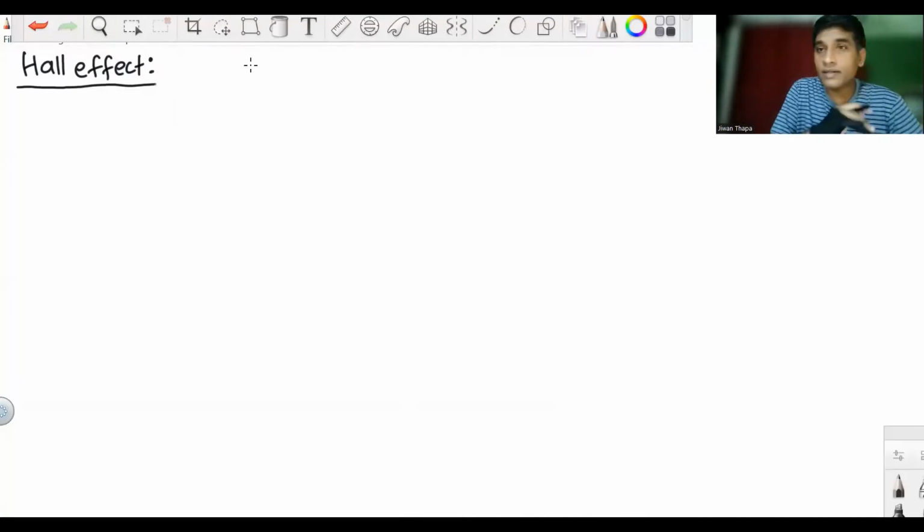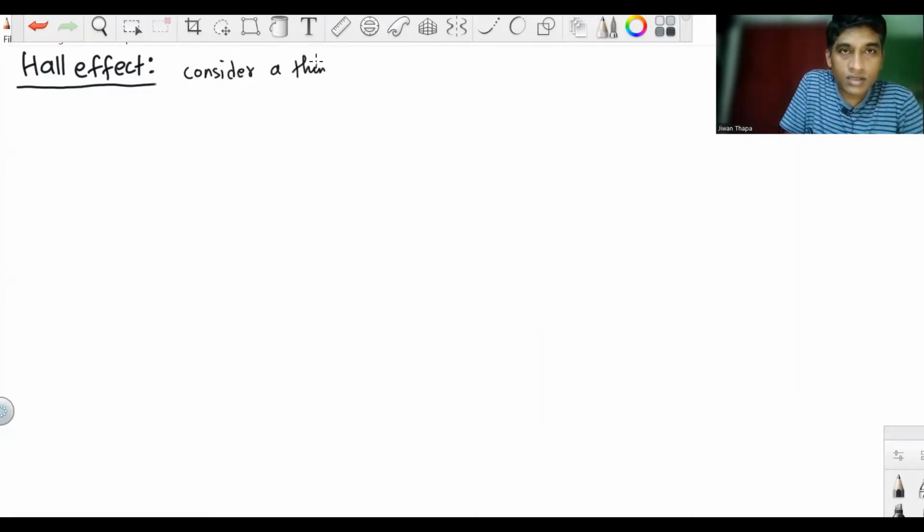So we consider thin slab, that is conductor carrying current, which is placed in magnetic field. So let us discuss it. Consider a thin slab. So we take conductor,